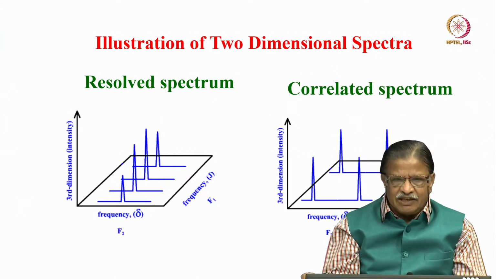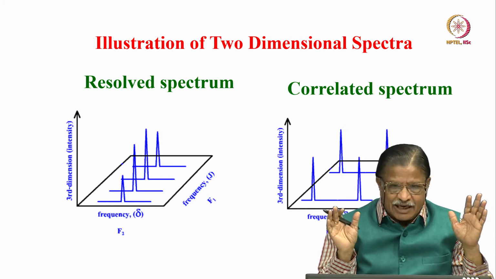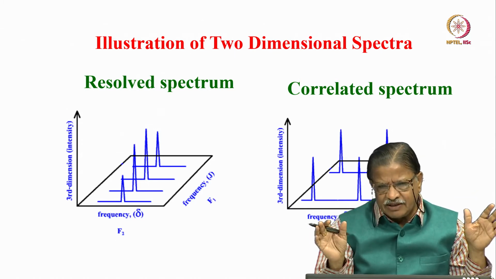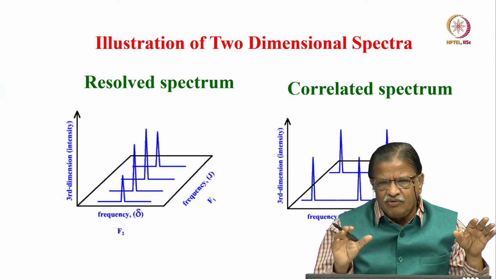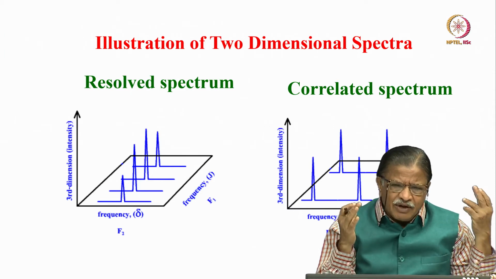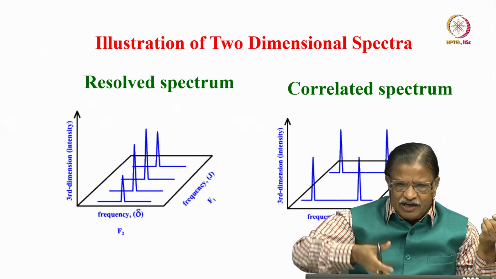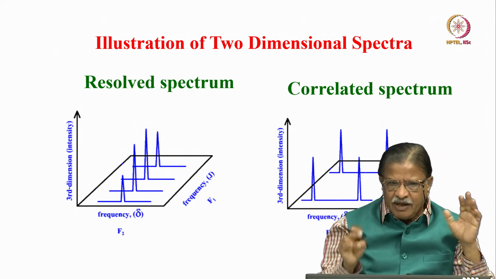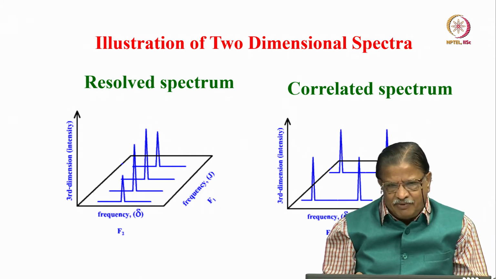Okay, now illustration of a two dimensional spectrum. How do we illustrate the two dimensional spectrum? Basically, there are various ways of having a 2D spectrum. Over the years, NMR spectroscopy has advanced so much. You have n number of experiments to derive information, and each time you can have different information in different dimensions. But broadly speaking, I will say there are two types of experiment we can think of.